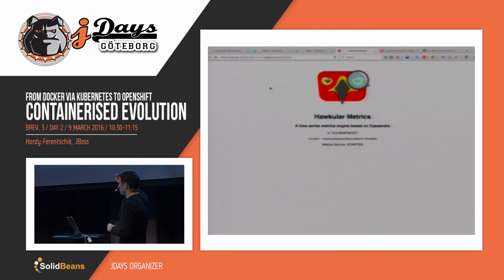Maybe your cluster is not homogeneous, so not all your nodes are equally powerful. You have some nodes which are good for backend tasks and some nodes which are good for the front end. So you can give these nodes labels like front end, back end, and then in your build config you can say this application or this container goes onto a node of type front end or of type back end. So you can organize your nodes as well to get a little bit of what you're after, to have different resource utilization.